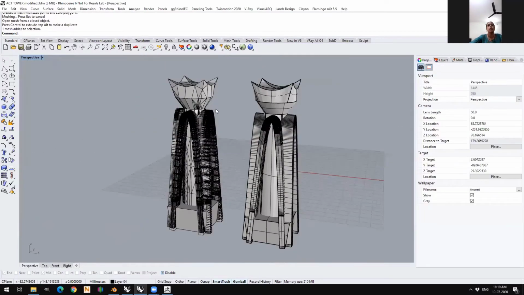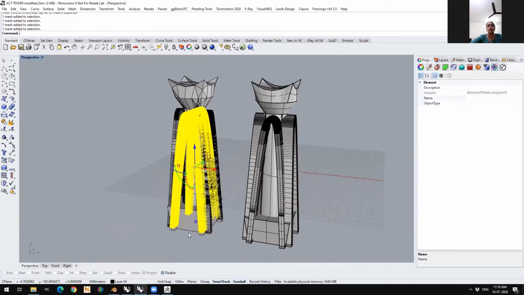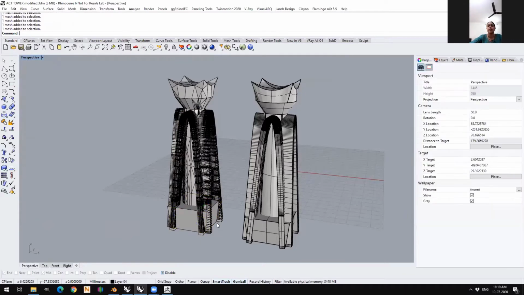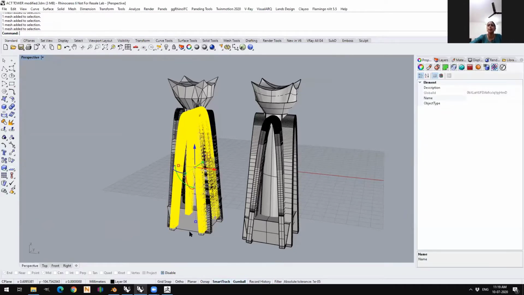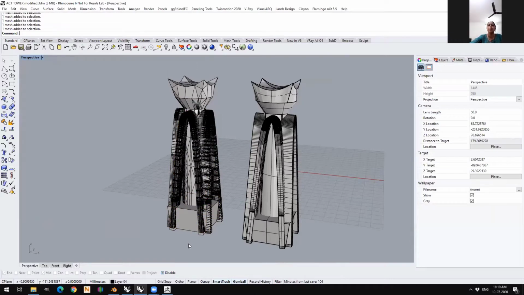Now each one of these meshes is a separate object. When we send this to the printer, and if each one is a separate object, the printer will sense it differently, and that's why you can get a wrong output.